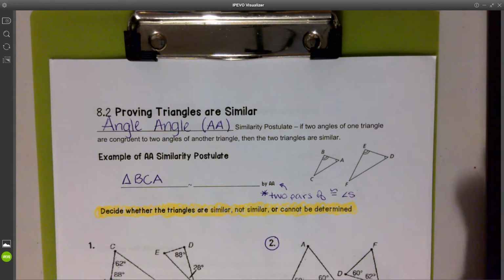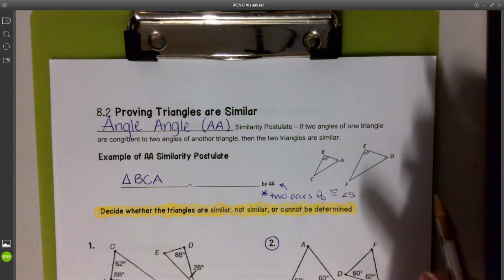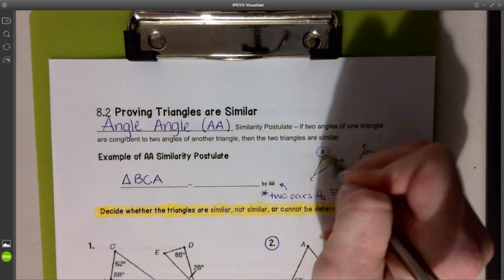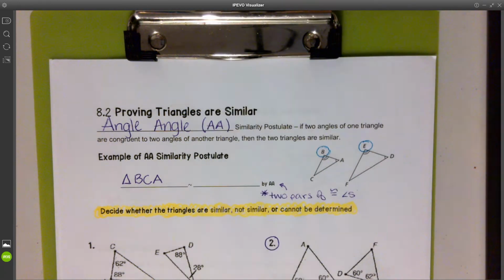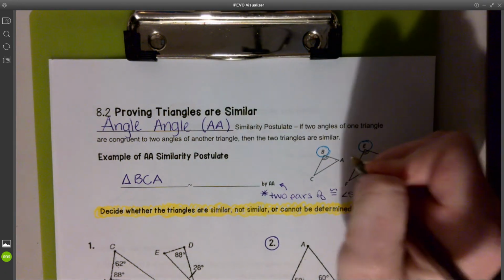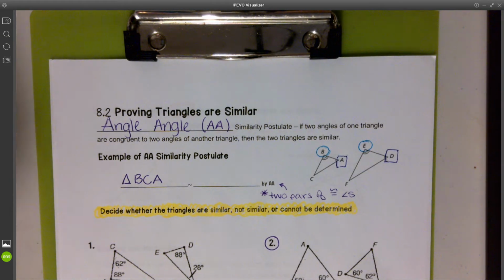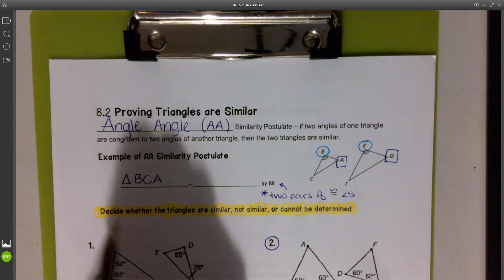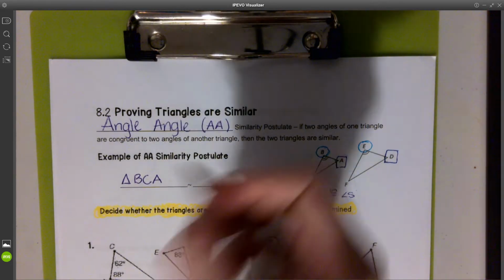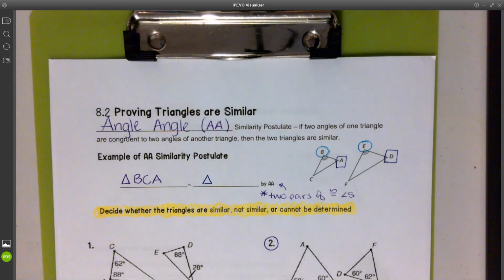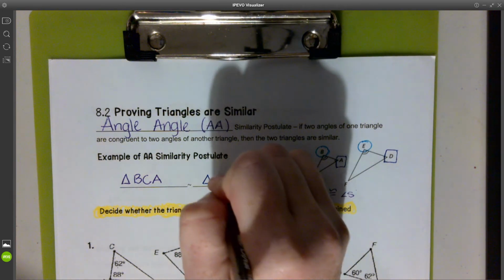So looking at our first diagram here on the right, you can see I have angle B congruent to angle E, and I have angle A congruent to angle D. That makes my two pairs of congruent angles for the triangles. So I can then say the two triangles are similar by AA. So we can write a similarity statement. Triangle BCA is similar to triangle EFD